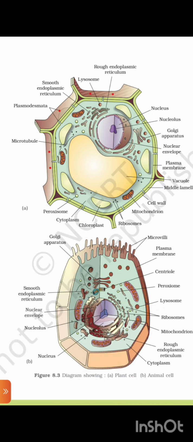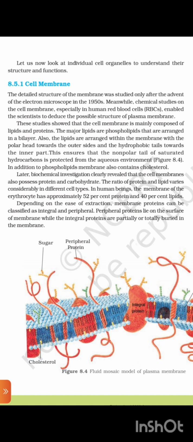Figure 8.3 shows a diagram of a plant cell and B animal cell. Let us now look at individual cell organelles to understand their structure and function. 8.5.1 Cell membrane. The detailed structure of the membrane was studied only after the advent of the electron microscope in